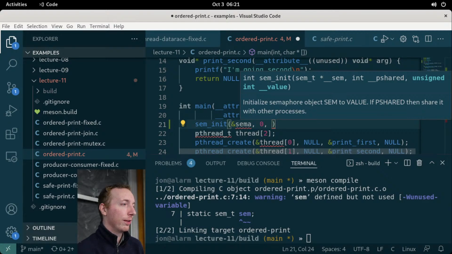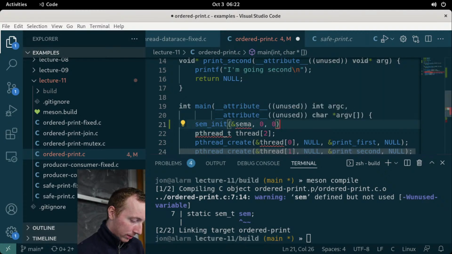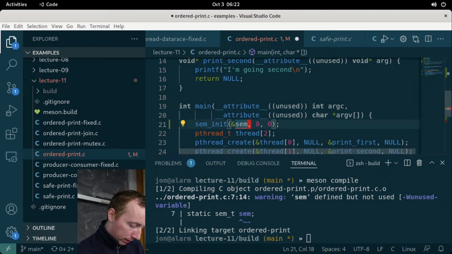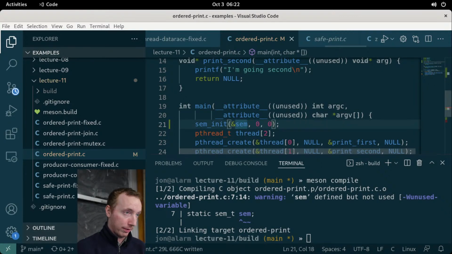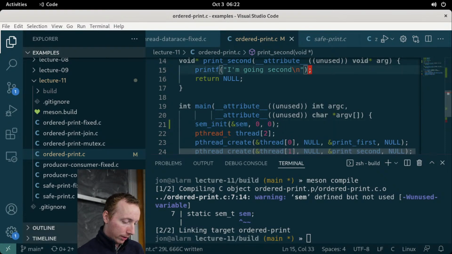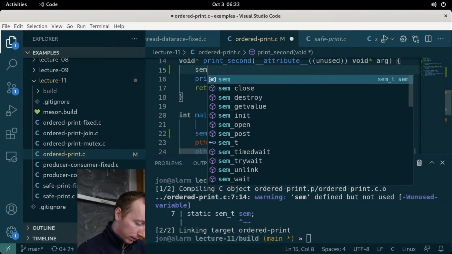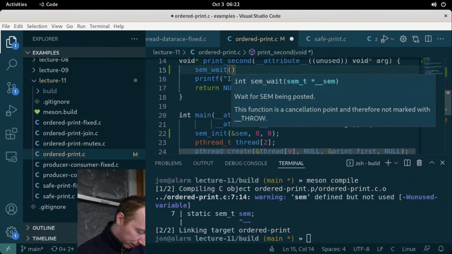Should it be 0? So the first one will increment it, and the second one will wait until the first one increments. Okay, so generally it's easier to place our wait. So if we set the initial value to 0, whoops, it's called sem. If we set the initial value to 0, that means if something calls wait, it'll sit there and wait until it goes above 0, right? So it would just sit there and block. So it sounds like we should probably put the wait here, right? So if we put the wait here,